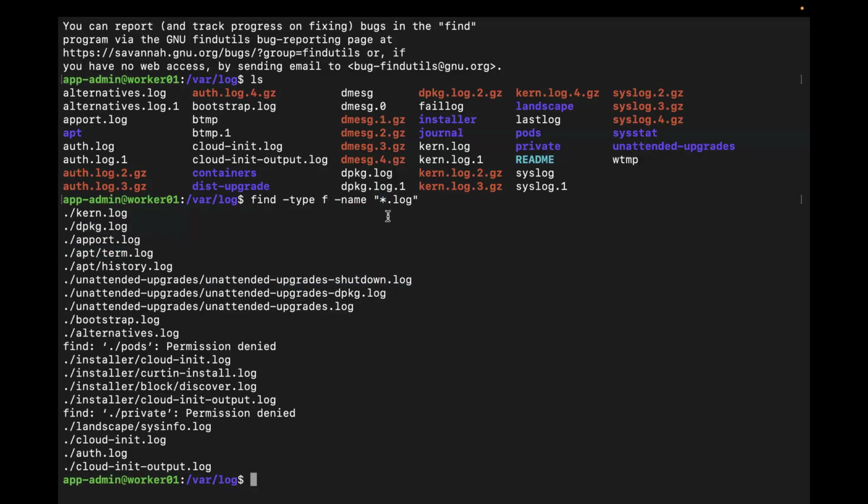So another one that we can use, I can see a .gz here. So we can tweak this and say, look for all the files that end in .gz. And if you print this,